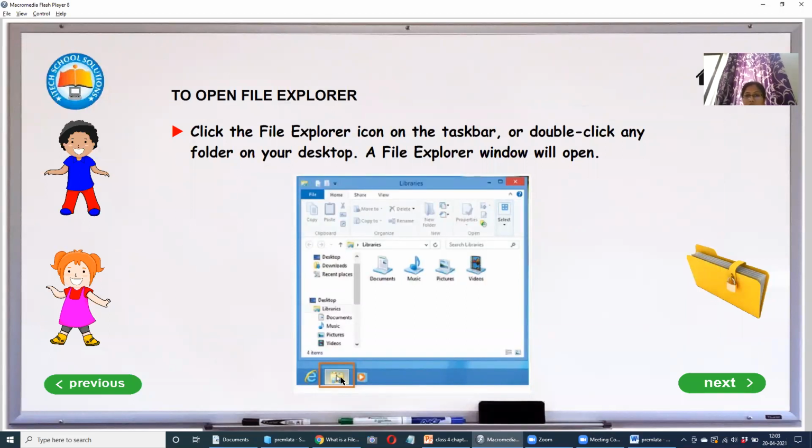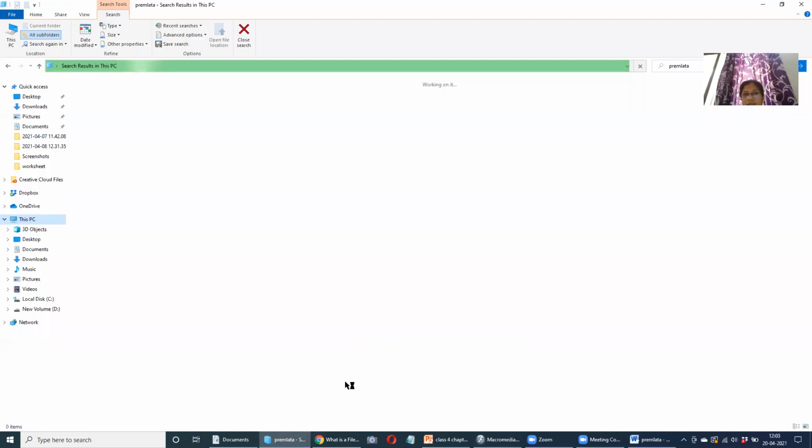Many of the computer systems do have the File Explorer icon on the taskbar itself. They don't go directly to this PC, but depending upon your version of the software in your computer systems, you have different icons available on your taskbar or on your computer desktop. So in Windows 8, you have the File Explorer symbol. You can see it is like a yellow color icon, right? This particular File Explorer is located on the taskbar only. From there, you can directly click and use it.